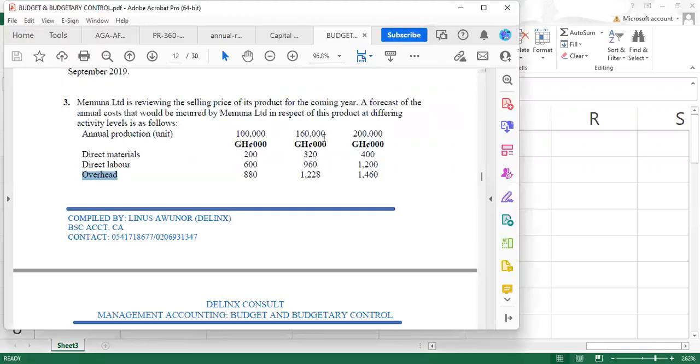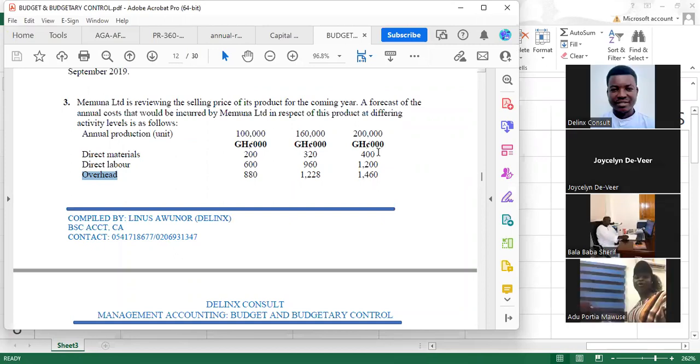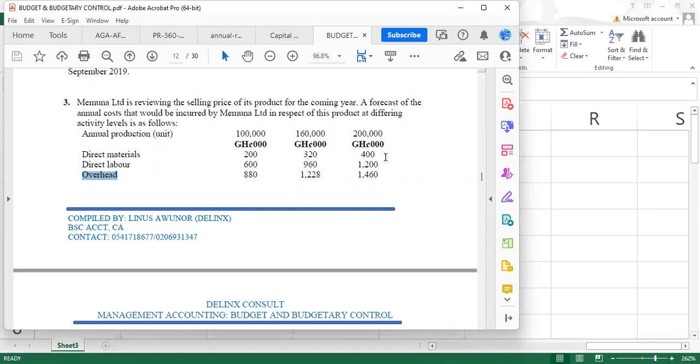What is the highest activity level now? It's 200,000 units. But what did we say about the high-low method? How is the high-low method being used? We said the variable